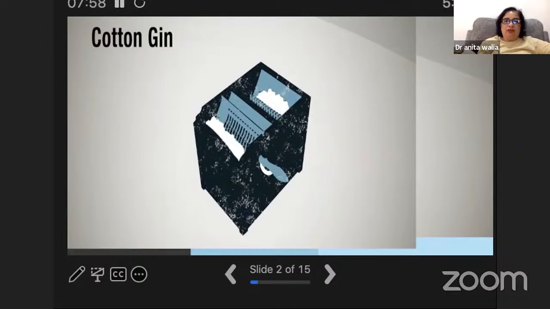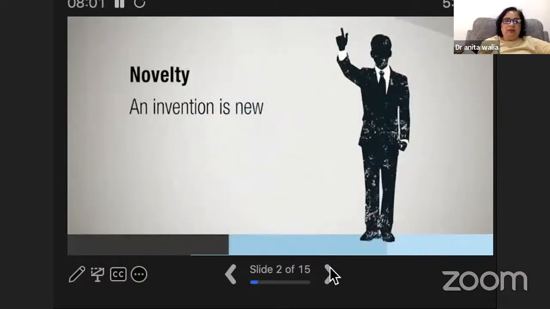So in addition to having utility, the second point is novelty. An invention should be novel. Novel means new, new to the world, new to the market. So let's talk about novelty now. An invention is novel if nothing identical existed before. Like if we now come up with a new kind of technology in light, then it is innovation, not invention, because the light is already invented. You are bringing some innovation to it, so you cannot patent that.